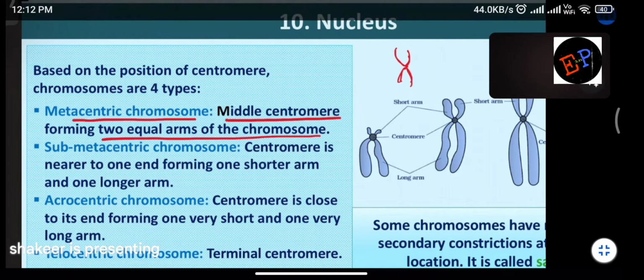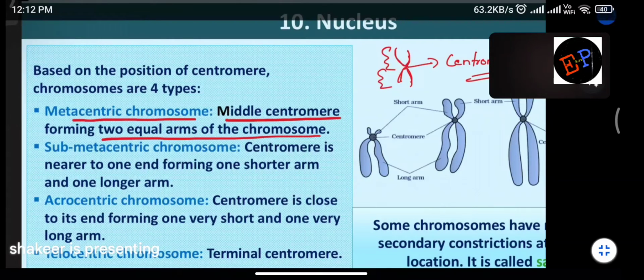So what is this region? This is called the centromere. The constriction which is present is called the centromere. If that centromere divides the chromosome into 2 equal lengths, meaning the length of this arm and the length of this arm are equal, then it is called a metacentric